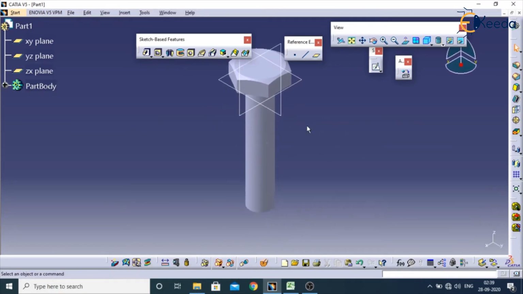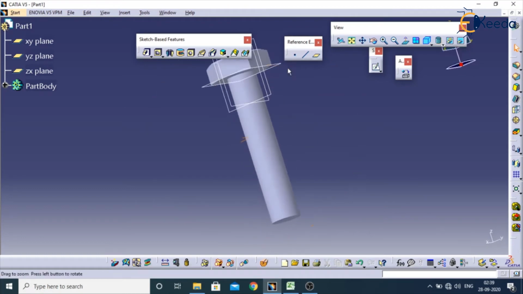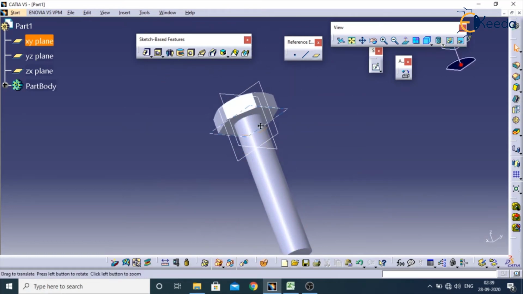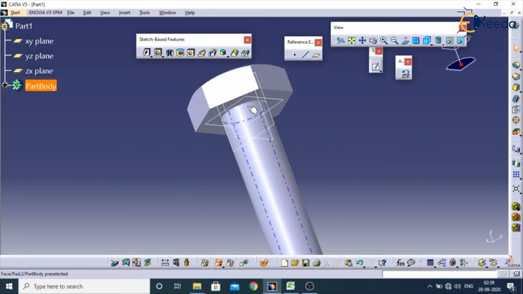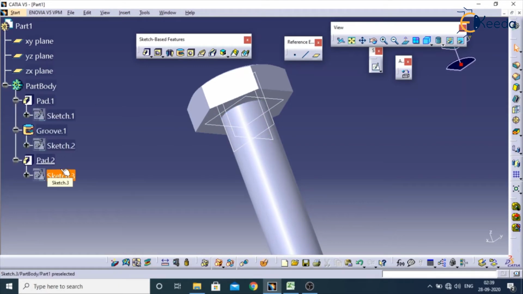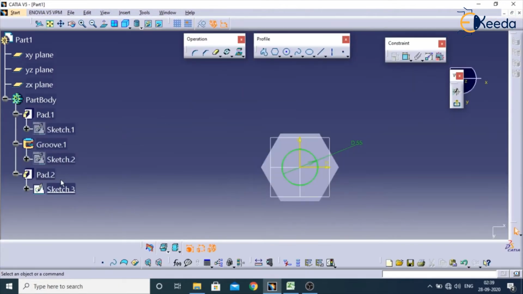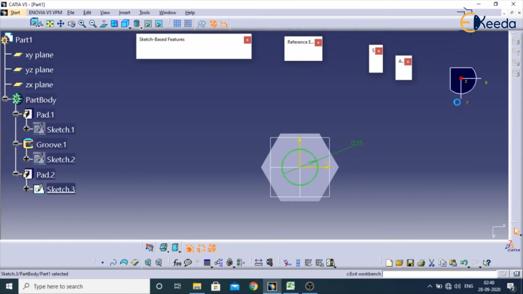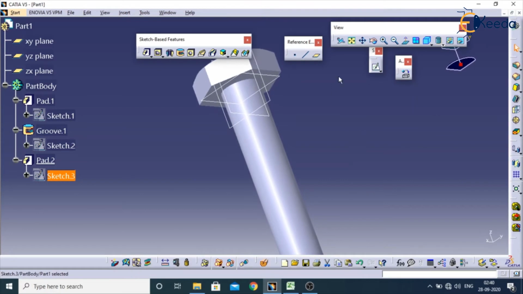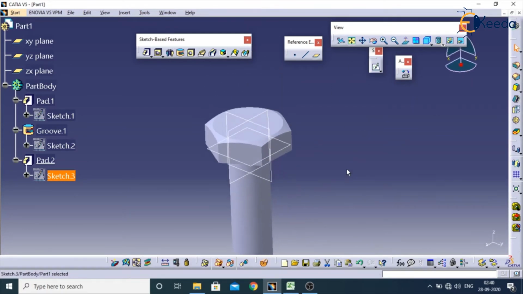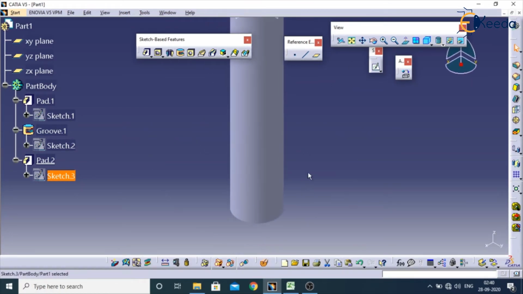Now here I need some threads. So first of all we have to know how much diameter we have taken for this. Just double click on this, we have taken around 55. Exit workbench. So here we have to create a point. So we will go for point.